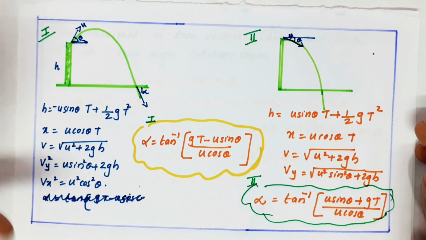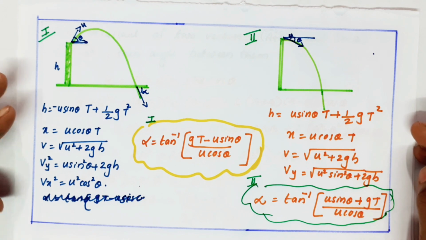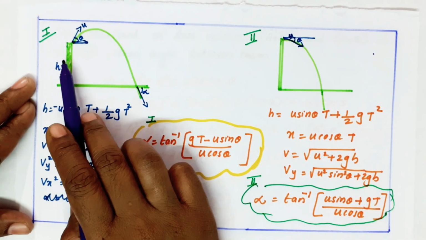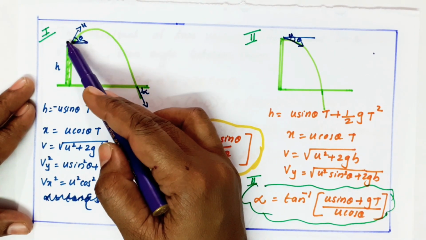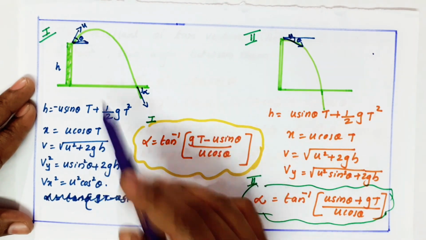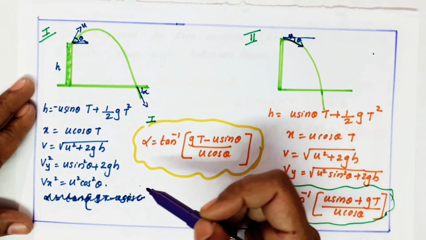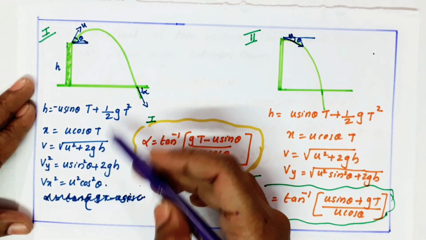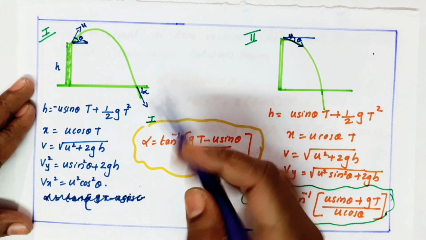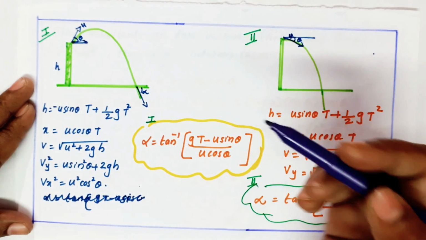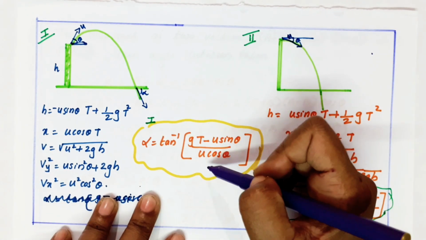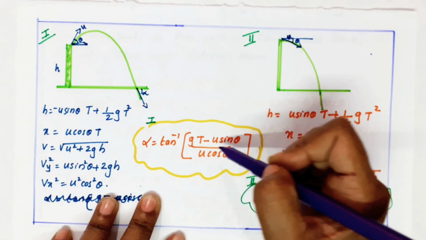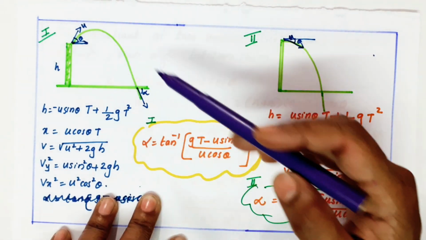Now, the next case, I'm just giving the projectile. We did the horizontal projectile, we did the oblique projectile. But there are some situations where they'll give it like this also. From the top of the tower, you project the body up. When you're projecting up also, it won't go to infinity, right? After some time, it will come to the ground. In those situations, sometimes they will ask the question. In those situations also, same thing I'm following, there is no change. It is like u sin theta minus gt, all same only. But only one thing, if they are asking alpha, alpha is Vy by Vx. Vy is gt minus u sin theta for the case in which the body is projected up.